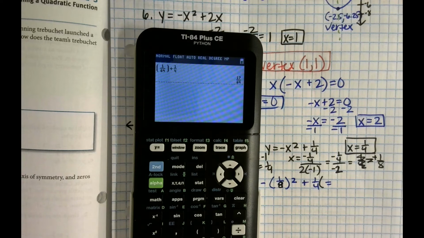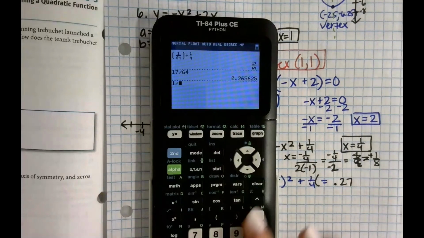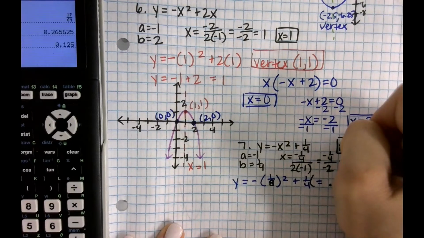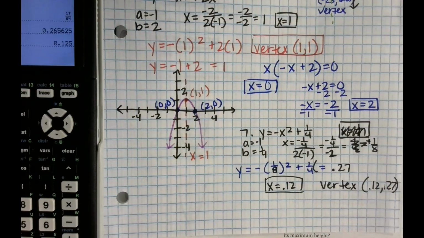And if we put that into decimal, so that's about 0.265, let's say 0.27 value. So, and then to make these all in decimal, 1/8 is our x value, is about 0.12. And our vertex is